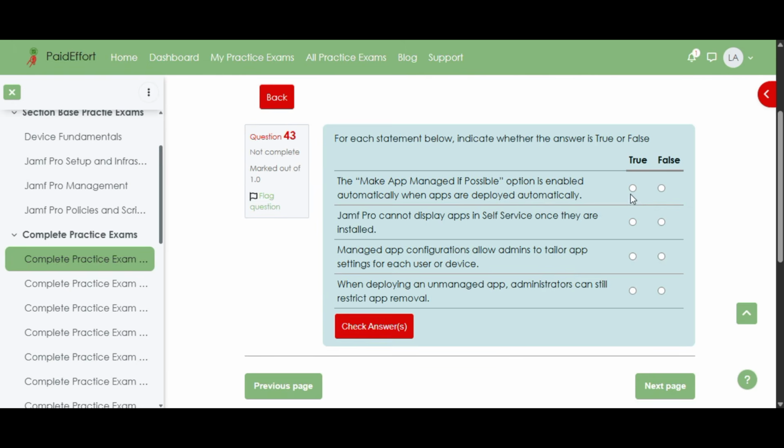True. Jamf Pro cannot display apps in self-service once they are installed. False. Managed app configurations allow admins to tailor app settings for each user or device. True. When deploying an unmanaged app, administrators can still restrict app removal. False. Now let's explain. Starting with the first statement, it is true because when apps are deployed automatically, the Make